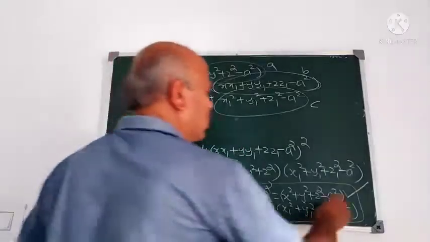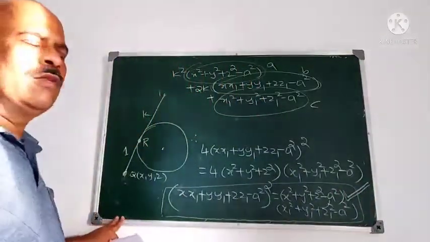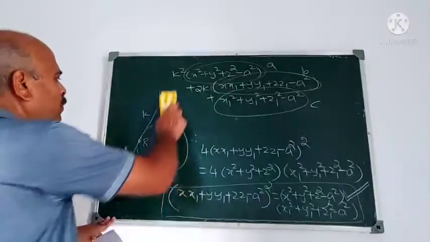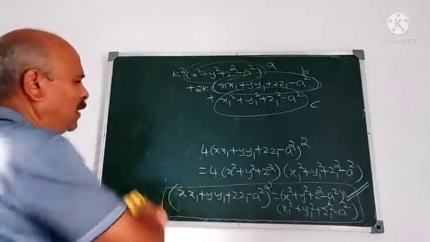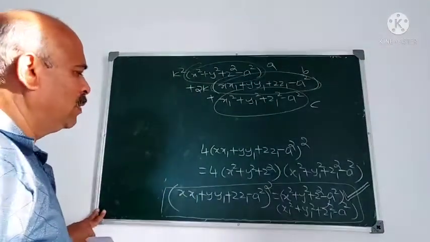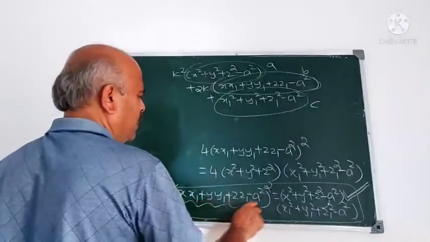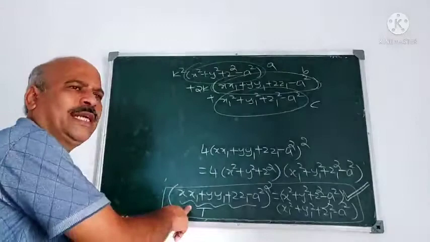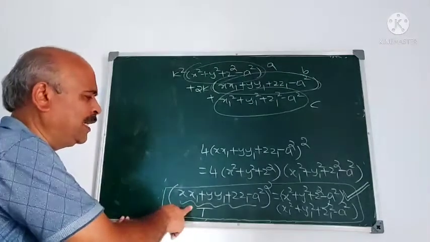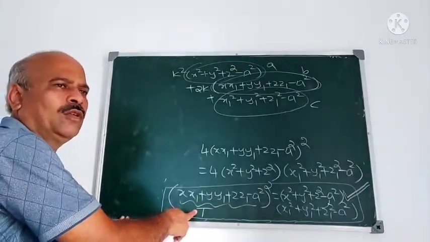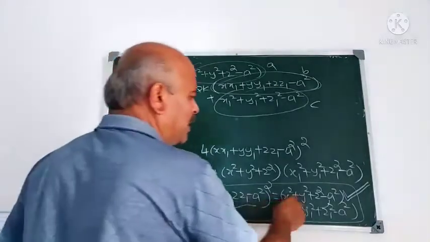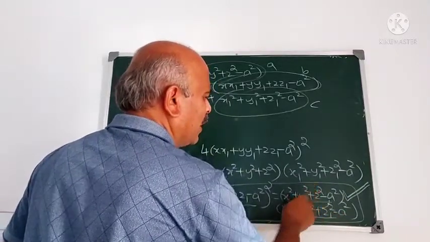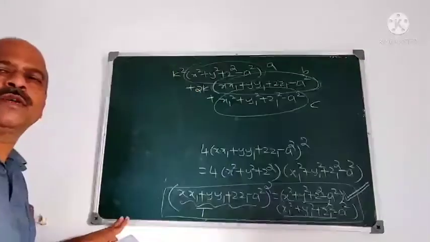So this is the equation of the tangent, that is, the equation of the enveloping cone of the sphere. Now to write this equation we have a simple method here, because what is this? This is nothing but the equation of the tangent plane to the sphere at the point x1 y1 z1. You know this, it is the equation of the tangent plane, and this is the equation of the sphere, where x y z are replaced by x1 y1 z1.